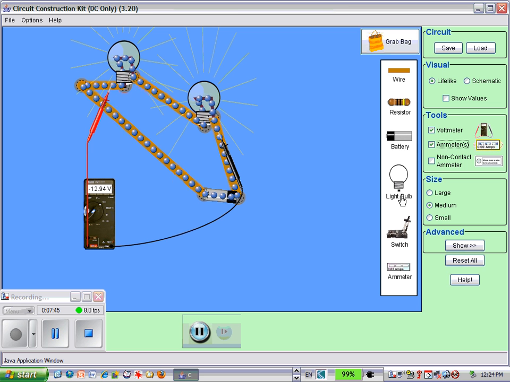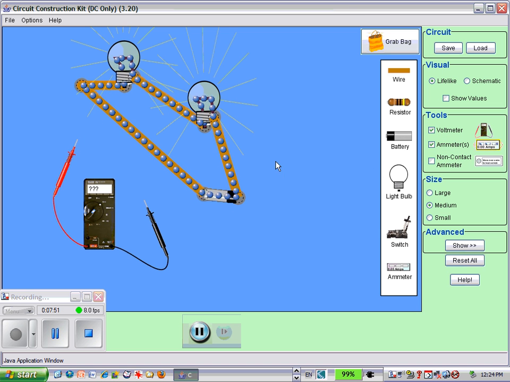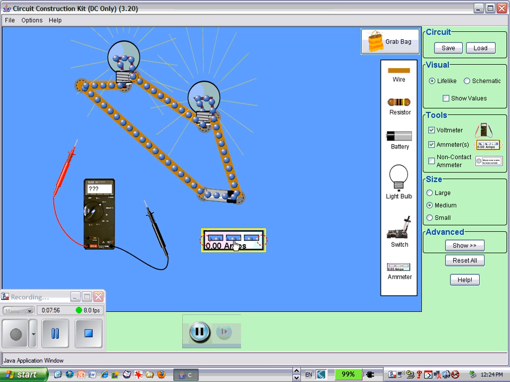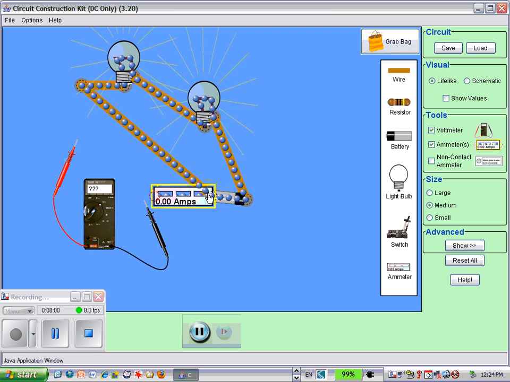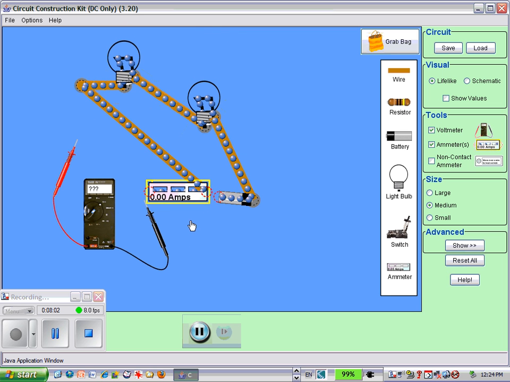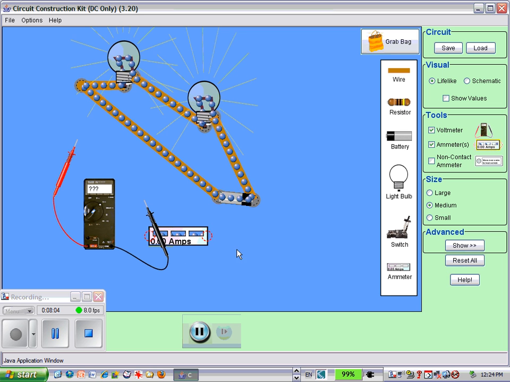Let's say I want to try an ammeter. Where would I find an ammeter? I pull it out. Hook that back up. Oh, I'm out of time. Let's